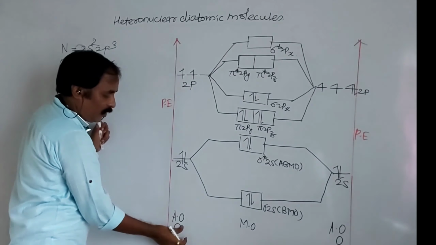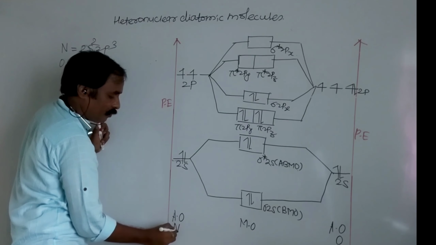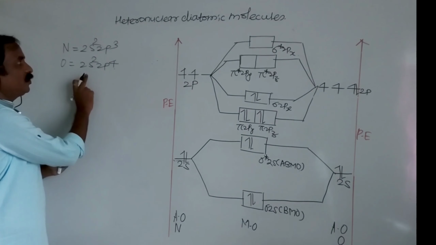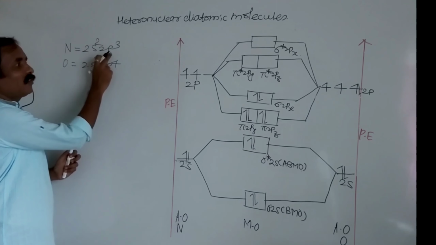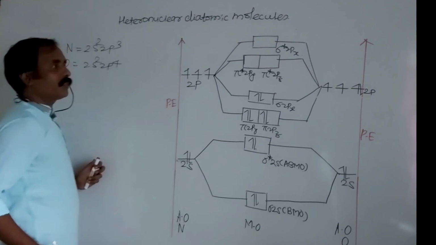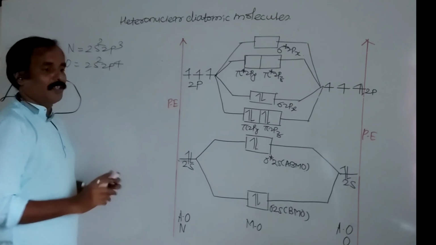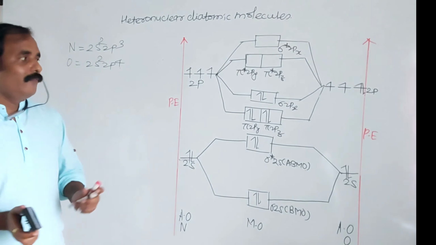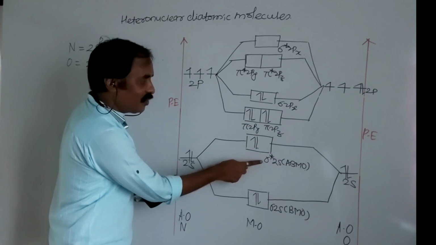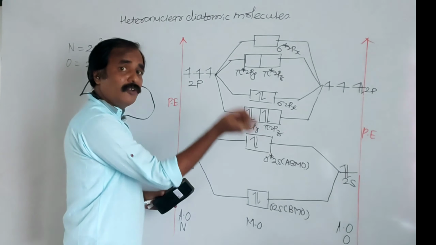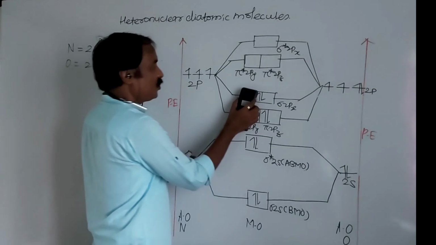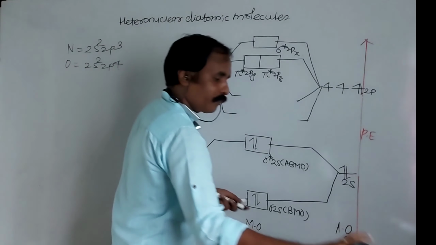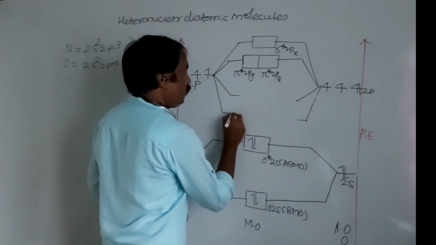Here I will take the atomic orbitals of nitrogen, and here it is oxygen. 2s, 2s. In the case of nitrogen, in 2p there are 3 electrons, so here 3 electrons. 2p4 exactly the same. In the case of nitric oxide, we have to follow the order of heavy elements. Little change is there. After sigma star 2s, electrons will enter sigma 2px. This is the change only. Little change. So here it is sigma 2px.